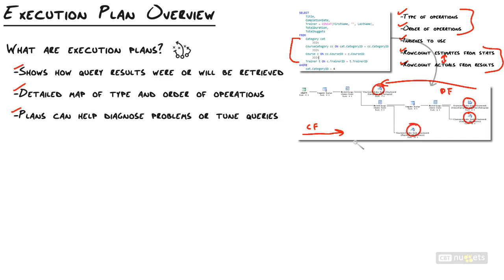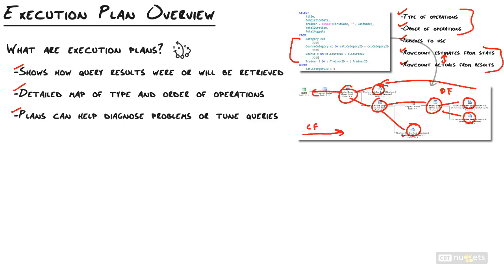So this is using a clustered index. These are both using clustered indexes, and so is this one. So the rightmost is always going to be data retrieval. Then we have these nested loops. These are your joins. Notice how we're joining these tables together. So the first, or the rightmost, I should say, path is joining these tables together. Then we've got another one right here, and then we've got another one right here, which will give us the